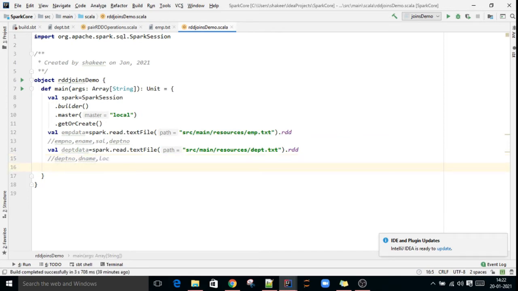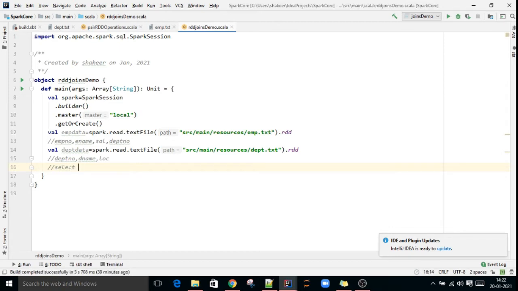To perform joins in RDDs, we have to convert that dataset to key value pairs. The key should be the common column. In SQL, how do we usually do joins between two tables?